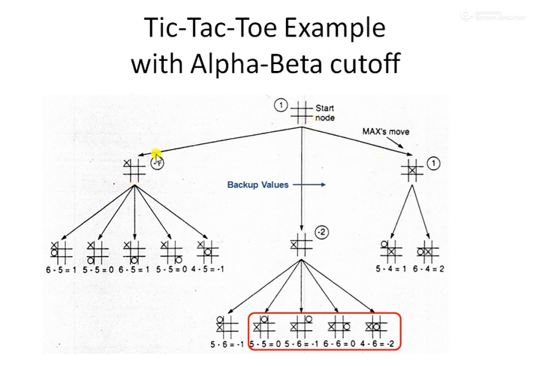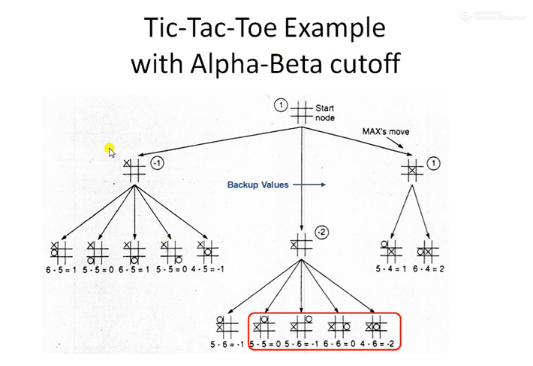So if this is the Max move, this is Max, this is Max. Which move is Max going to pick up? It is going to expand. These are the Min nodes. If we calculate the values here, the minimum value here is -1, so Min is going to back up -1 here. From this one Min is going to back up -2, and from this move also the minimum value may be -1. So we have -1, -2 and -1. So which move is Max going to pick up? It is -1, right?